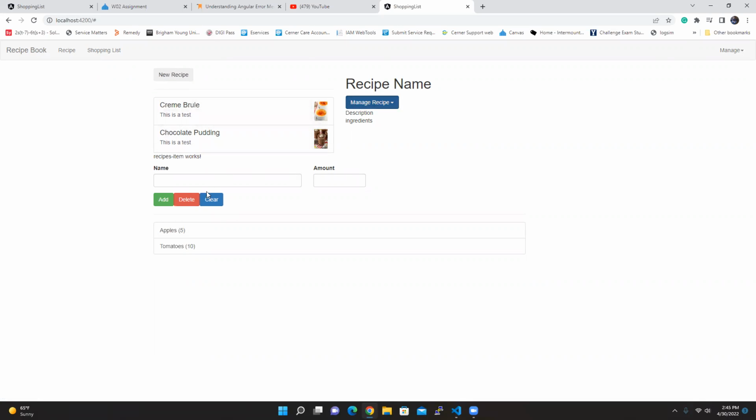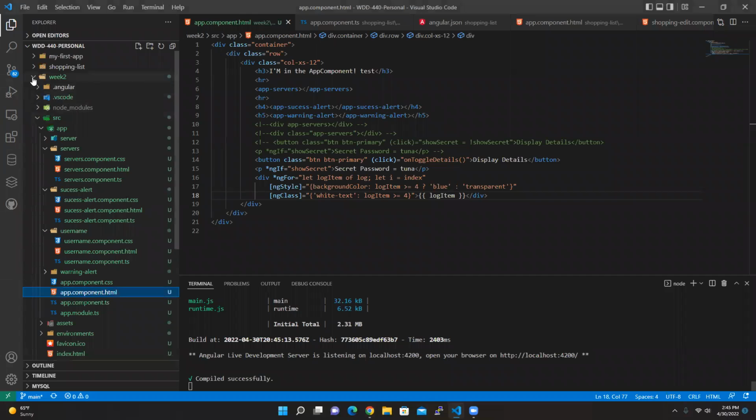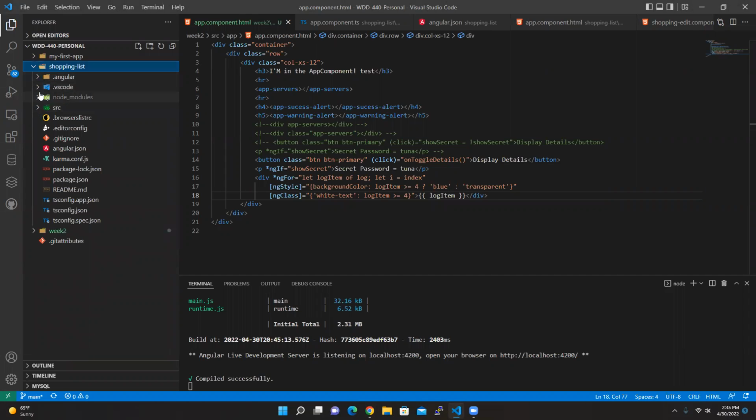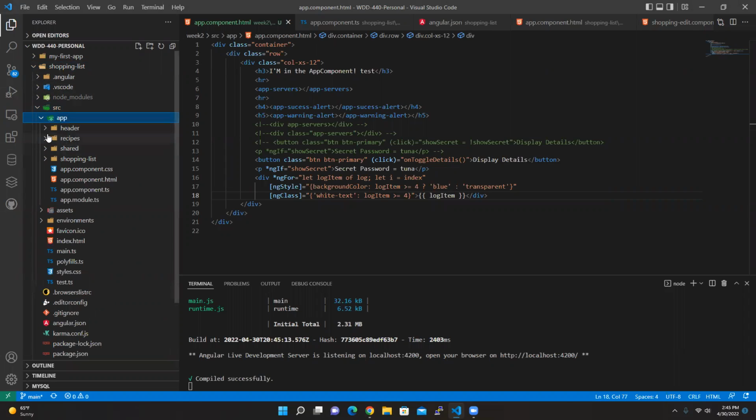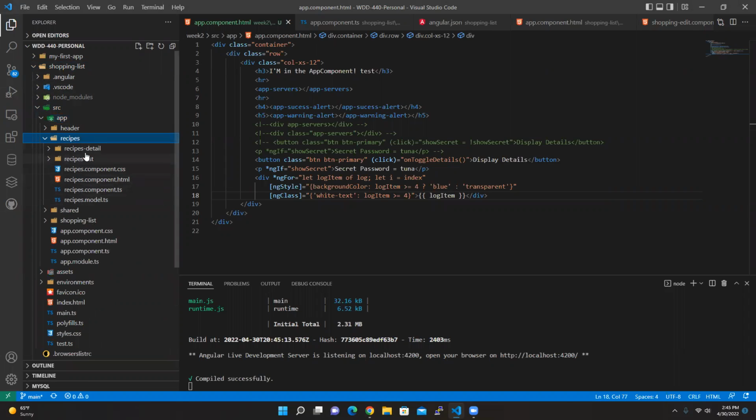It's just to show it's there, but nothing's being added, deleted, or cleared as of right now. But let's go to the coding for that. Shopping list, source, app. So we have the recipes part,